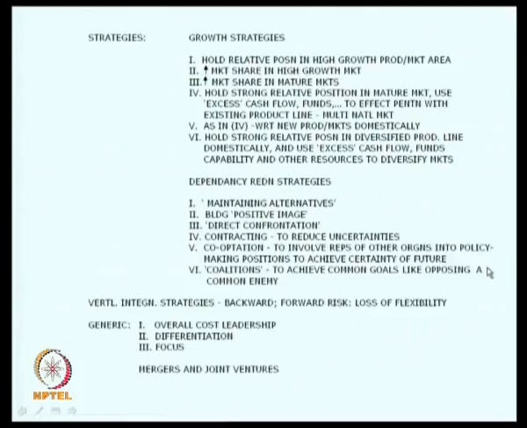The fifth strategy, that example that I am giving you, is what is called cooptation. What is cooptation? To involve reps of other organizations into policy making positions to achieve certainty of future. None other than an example of software companies. Many of the software companies, you name it, whether it is Wipro or Infosys or TCS, the Indian majors,